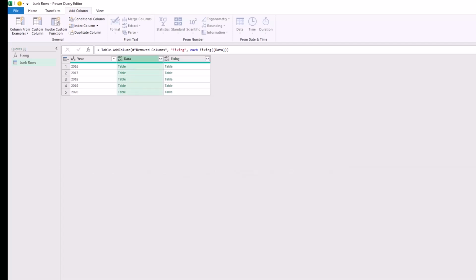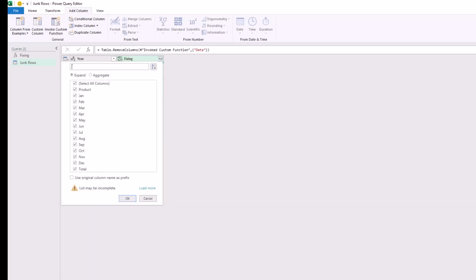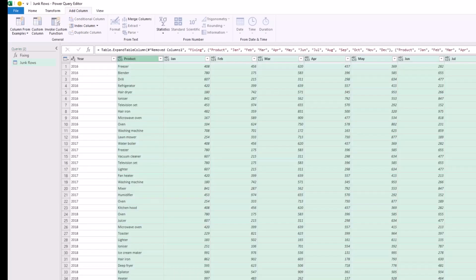Now I don't need the data column. I right click and remove it, and I want to expand the fixing column. I click on the double side pointing arrow, and here are the different columns that I'm going to combine. I don't need a total column. Then I take the check away from total, and then I hit OK, and I would have combined all the